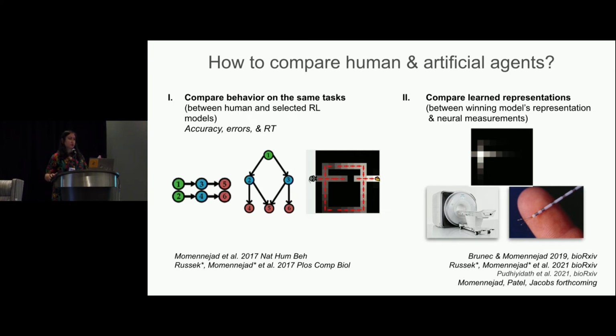Why is this important? Because for me, there is a primacy of behavior. I know for some people there might be a primacy of neurally plausible architectures, and that's totally fine. So I'm not saying you should always start with behavior. That's my personal preference. You could start from neurally plausible and then move to behavior if that's your preference. Once I have the models whose behavior I know is neurally plausible, then I can go back and test, with electrophysiology or fMRI, what are the representations that underlie that behavior, and can we compare that to the internal representations used by the agent in order to show that behavior?